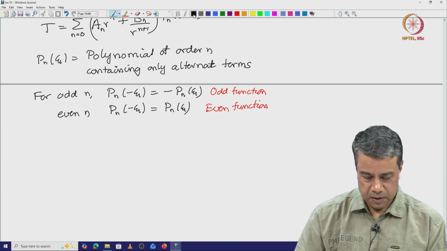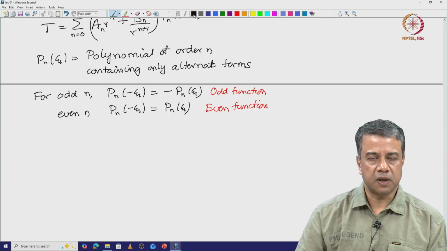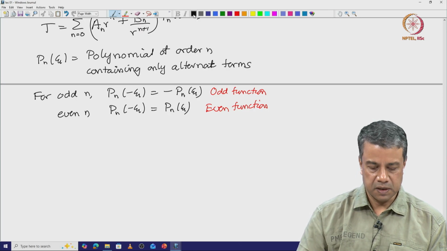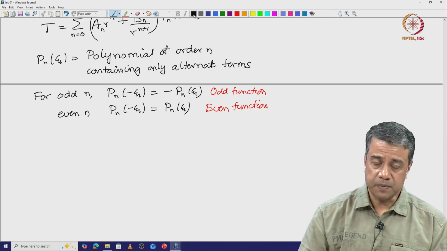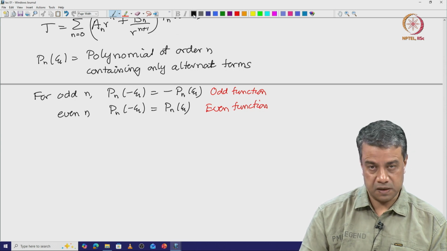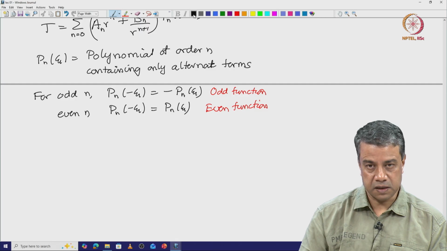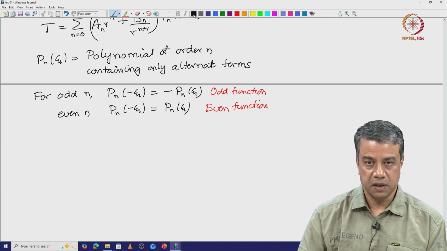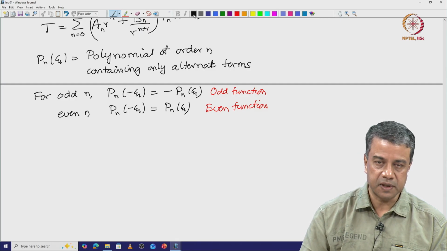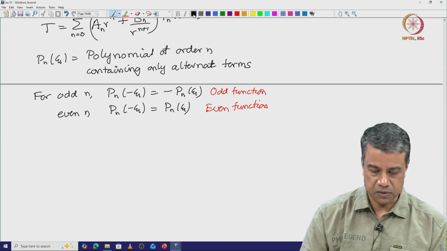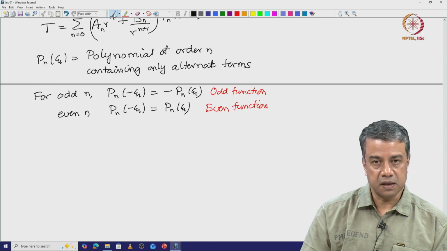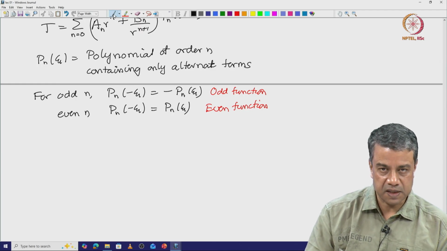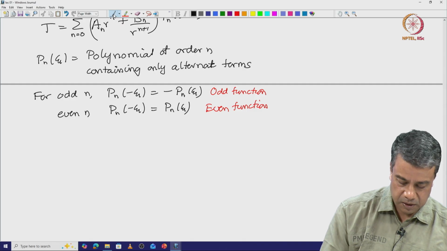Now, there is some ambiguity about how you choose the constants, because if some particular p n satisfies the equation, you multiply that by a constant and that will still satisfy the equation, because the equation is linear in p n. The Legendre equation is a linear equation. Therefore, any solution can be multiplied by a constant and you will still get a solution. So, the Legendre polynomials as we classically know them are normalized